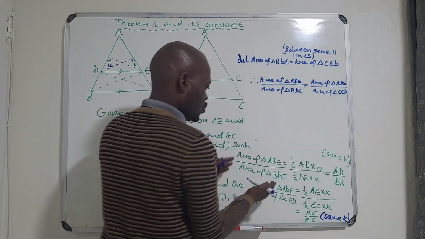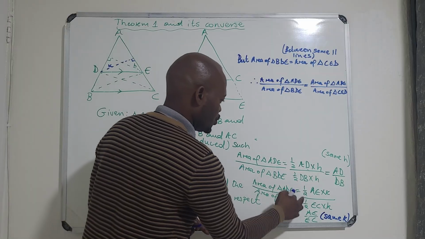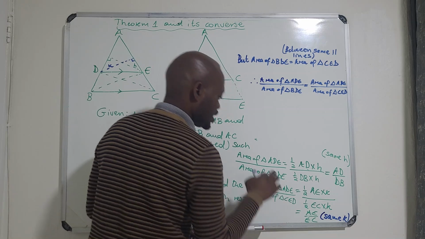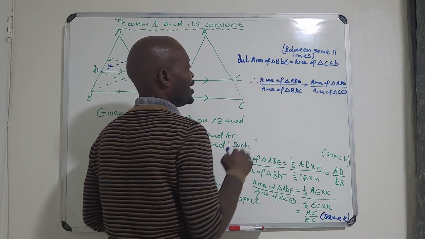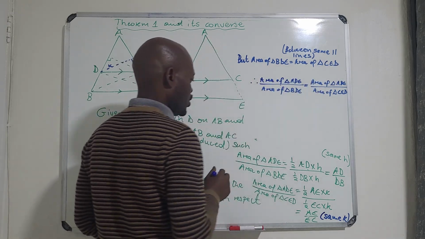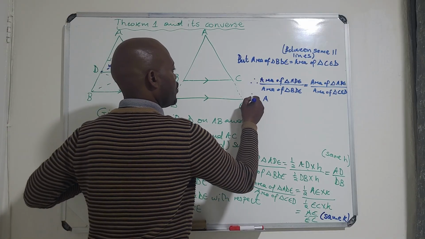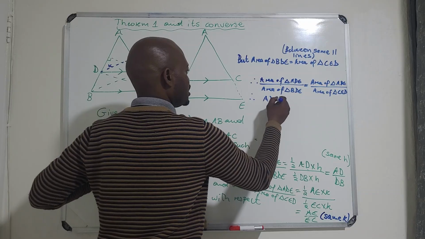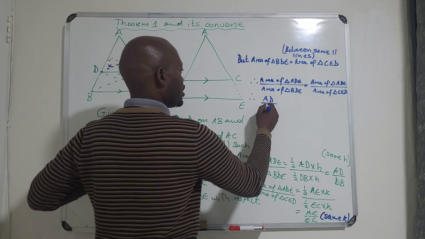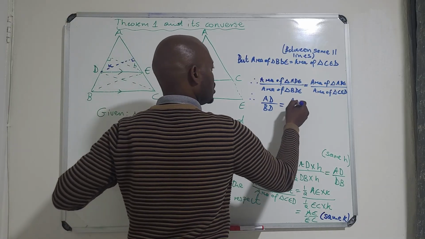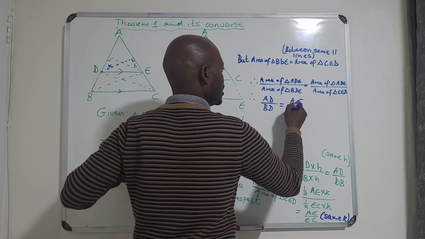Since these two are equal, we know that AD over BD is equal to AE